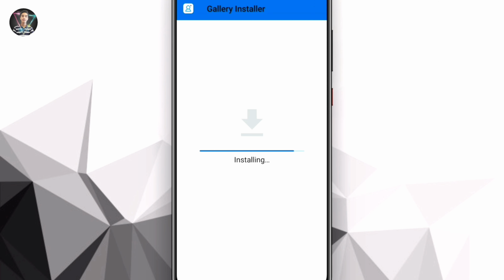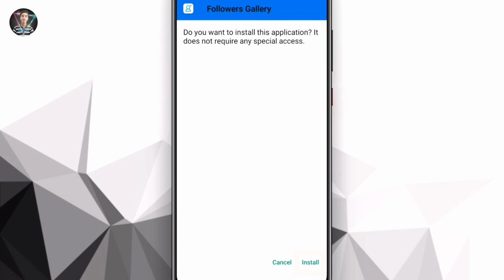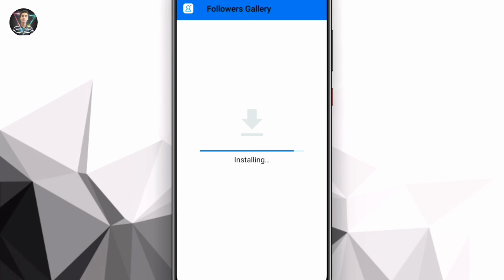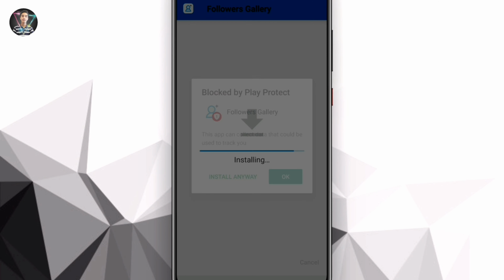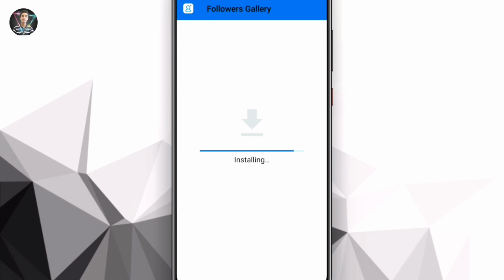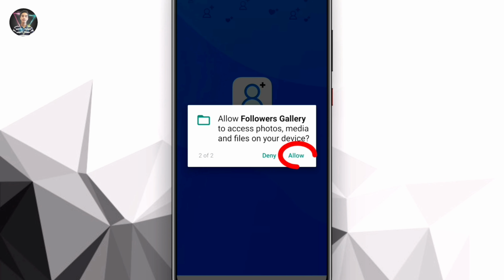Continue watching as there are a few more steps for proper installation. Now click open. The installer is installing the app. Click the install button and install the app. You might see this pop up. So simply click install anyway, and the app is 100% safe though. So finally the app is properly installed. Now open the app. Click the allow button and again.